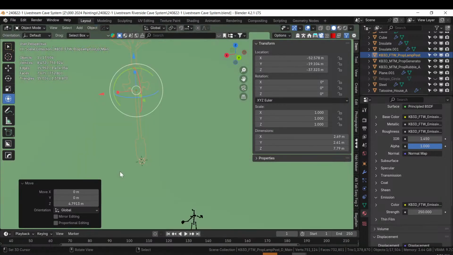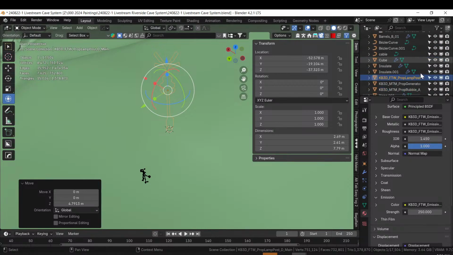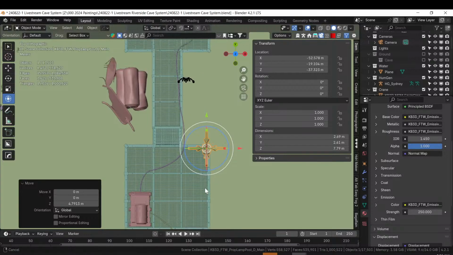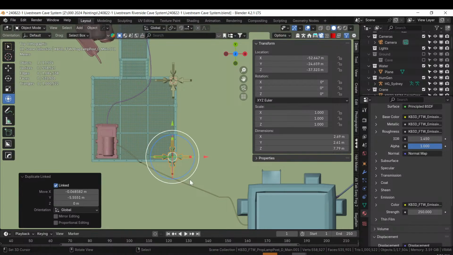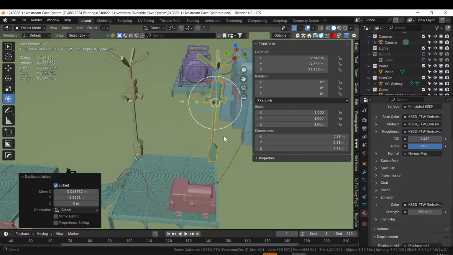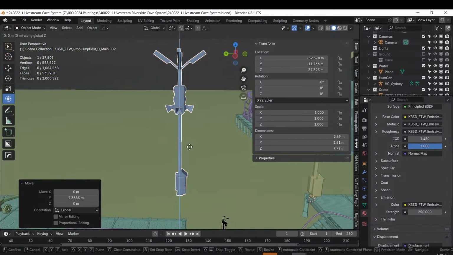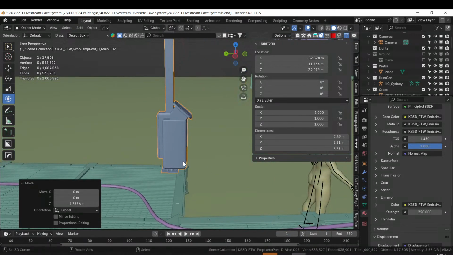Cool. So we got a light there. And maybe I'll just get rid of ground for right now. Okay. And put a second one here. And then third one here. This one's down some, right? Yeah. And